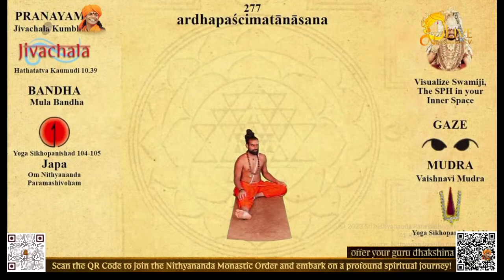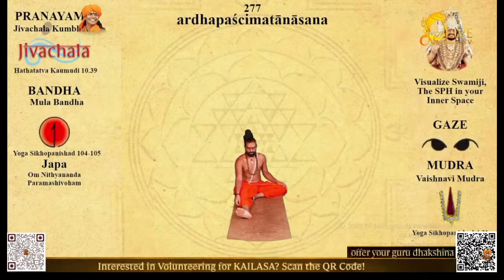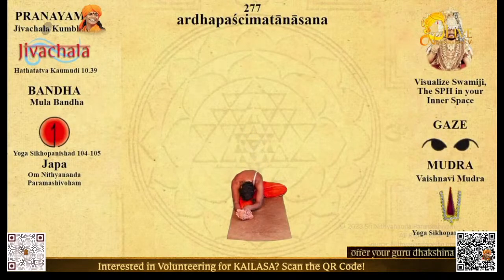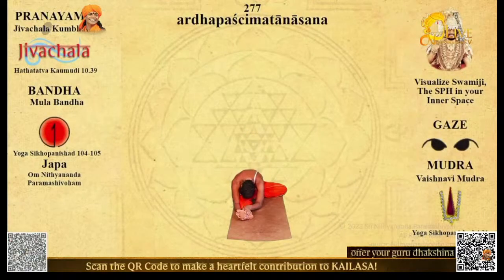The next asana is Ardha Paschimottanasana. Now keep one leg extended and press the other heel against your perineum as you lean forward and down, holding onto the front foot, bringing your head to the knee as in Paschimottanasana. Now